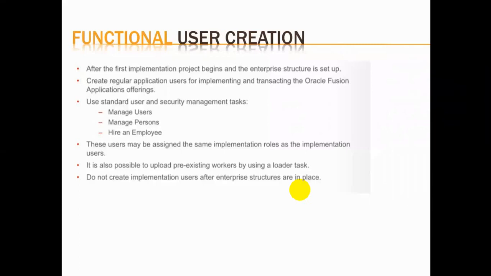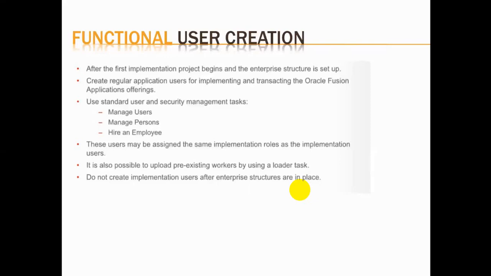Then they'll go and talk to Oracle. They'll get a license. Then our Rainbow Institute administrator, whoever, will get one user account. Once they get the user account, they will create the implementation user. And with the implementation user, typically, they will just create the foundation enterprise structures. Now, coming back to the implementation user, typically who will be the implementation user? Maybe Rainbow Institute may ask for help from someone outside the company. Let us say they ask help from Accenture. Hypothetically, it never happens, but let us say they ask help from Accenture.